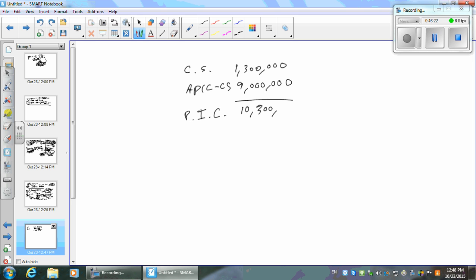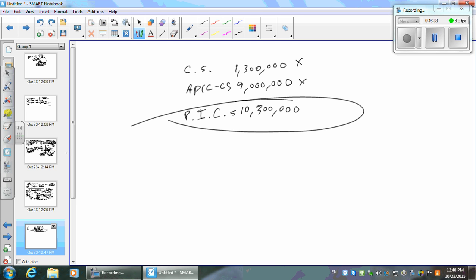10,300,000. Which number is really meaningful to you? The par value here, or stated value, the additional paid-in capital, or the total? That's the total package, right? This is how much that the owners contributed. So when you look at a financial statement, it looks real complex in an equity section.